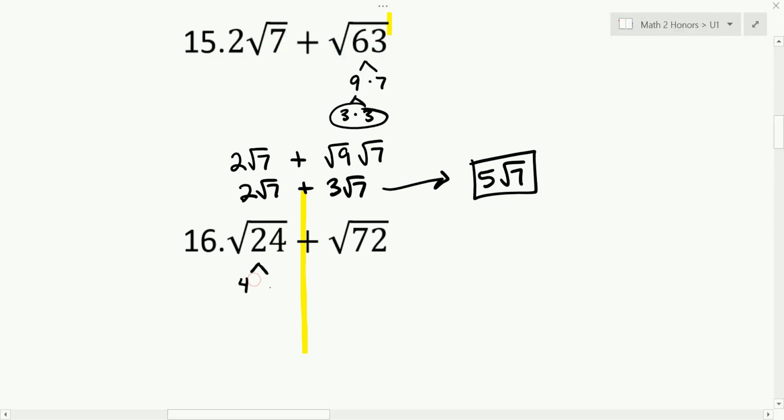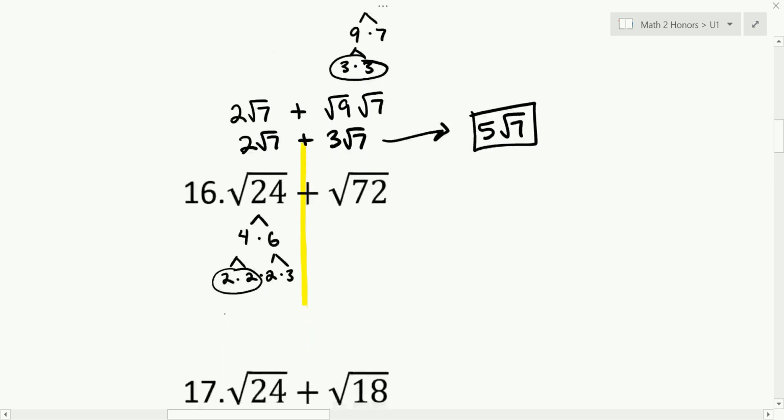4 times 6. 4 is 2 times 2. 6 is 2 times 3. I get a pair of 2's. So this is the square root of 4 times the square root of 6 plus